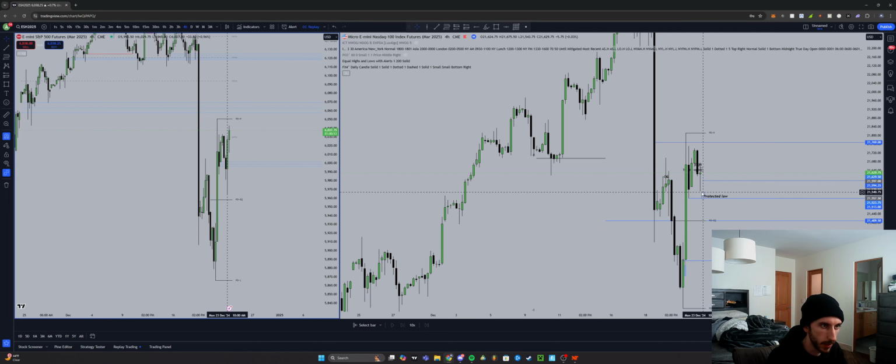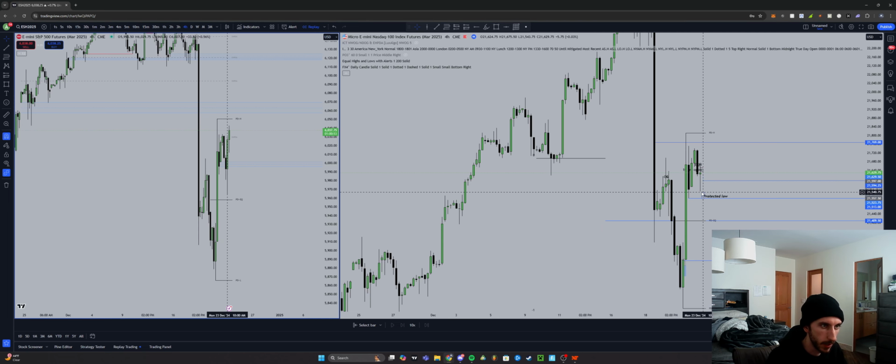So let's hop down to the 1-minute time frame, right? So we did have that SMT in the morning, but we had low resistance here, and I wanted to see how we'd react inside of those levels. So go ahead and play out price a little bit. We put in a swing high here, kind of reject off of it, and we come back up, put in another swing high while taking out the high there, and pretty much just sell off a little bit. So now at this point, what I'm waiting for is just to see what is happening at these highs, kind of waiting for NQ to tell us what it wants to do.